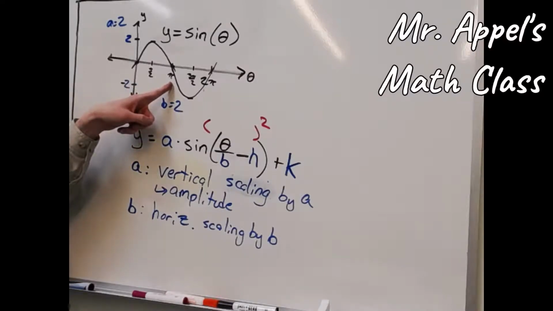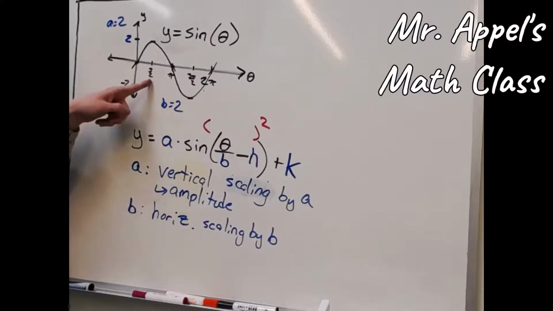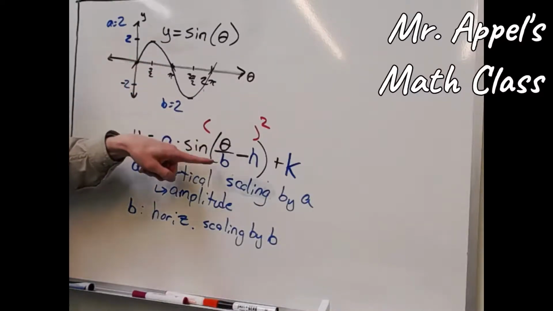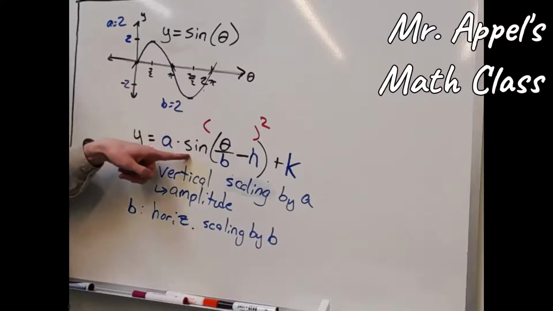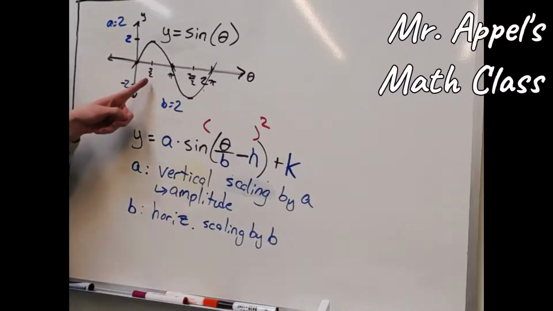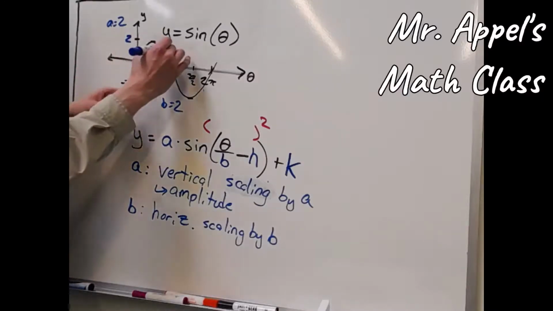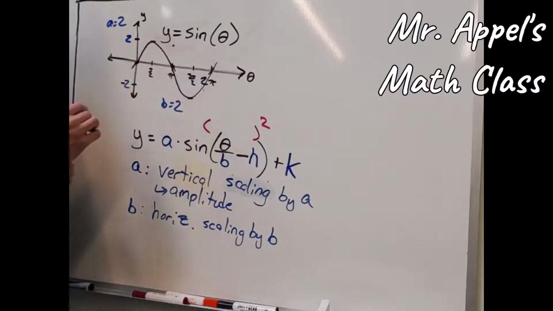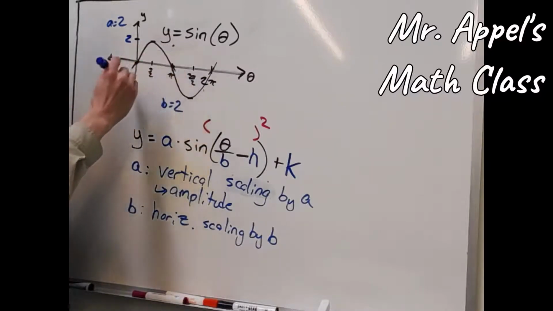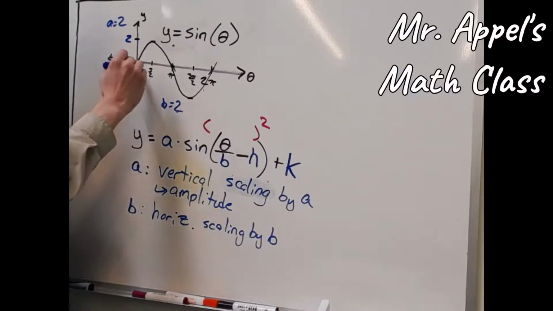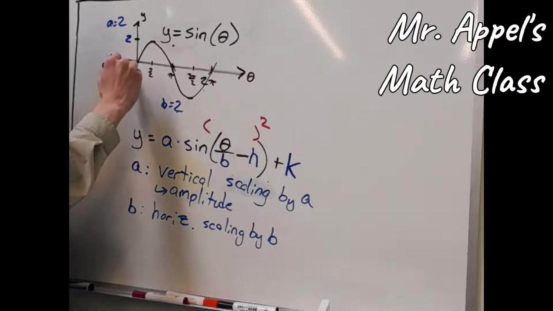Right? In fact, maybe let's think of a different one. What about pi over 2? Right? That way I get a different value. If I plug in pi, but b is 2, I'm actually taking the sine of pi over 2. Sine of pi over 2 is my maximum value. But I put in pi to get the maximum value, so it moves over here. Right? So when b equals 2, my horizontal scaling changes, and now